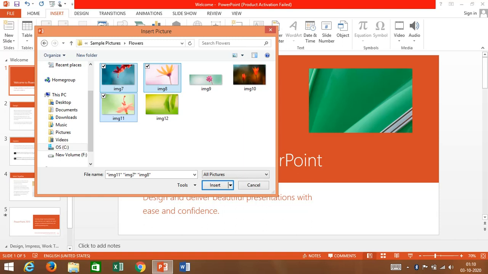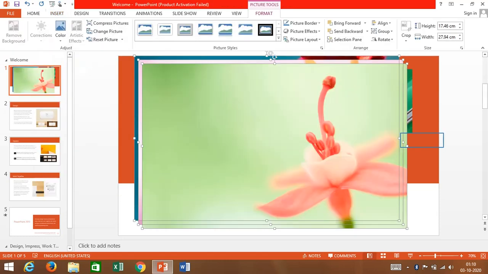As you can see, I have selected 3 different pictures, 3 different images. After selecting these 3 different images, leave the control button and click on insert. Now all the 3 images are here on my slide.